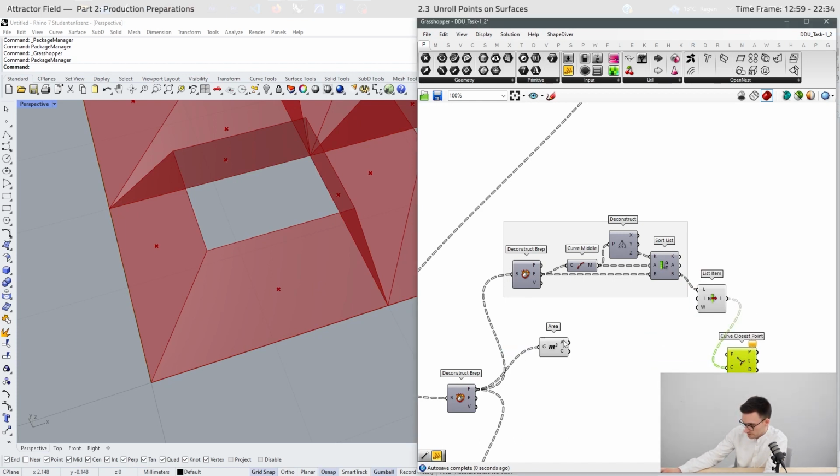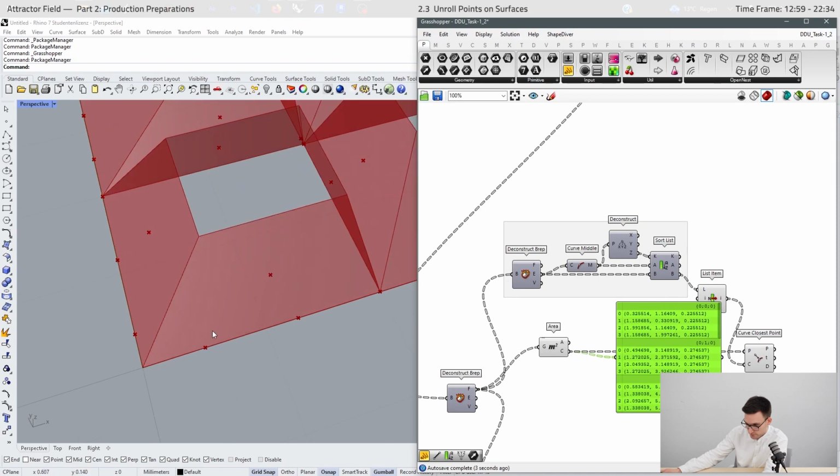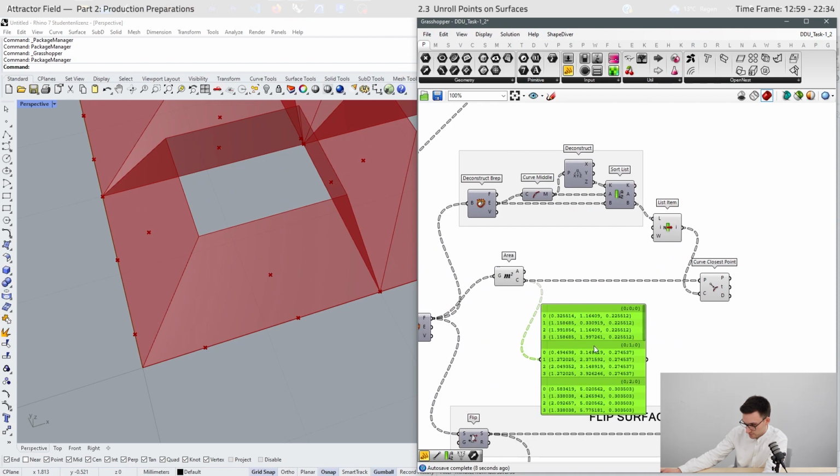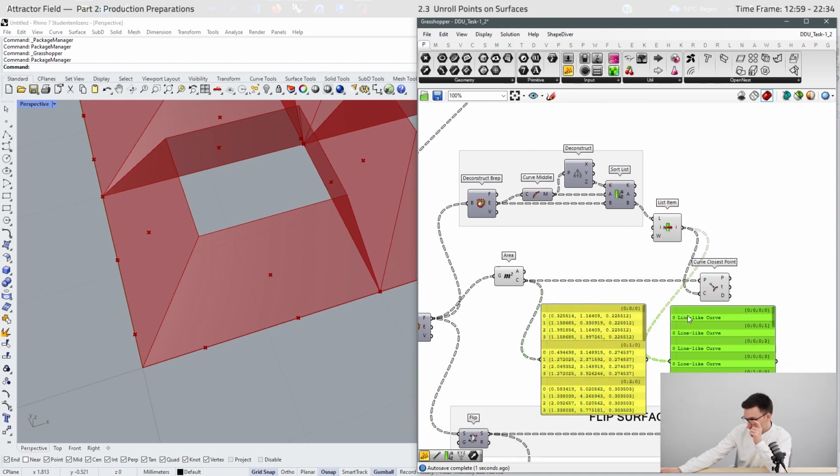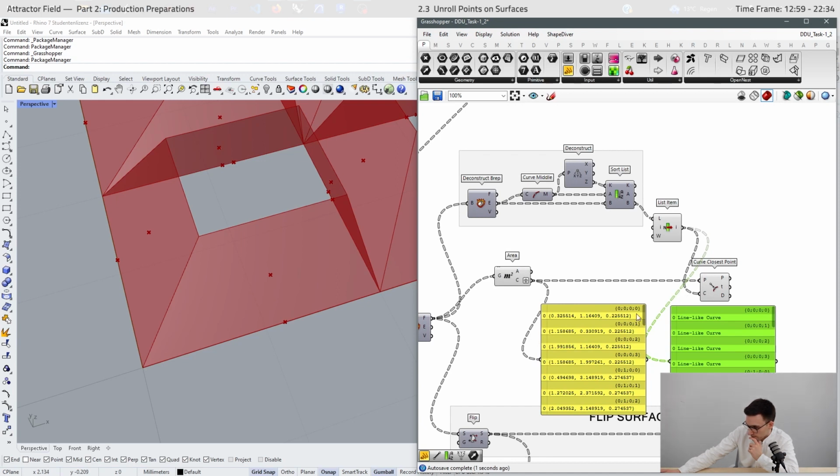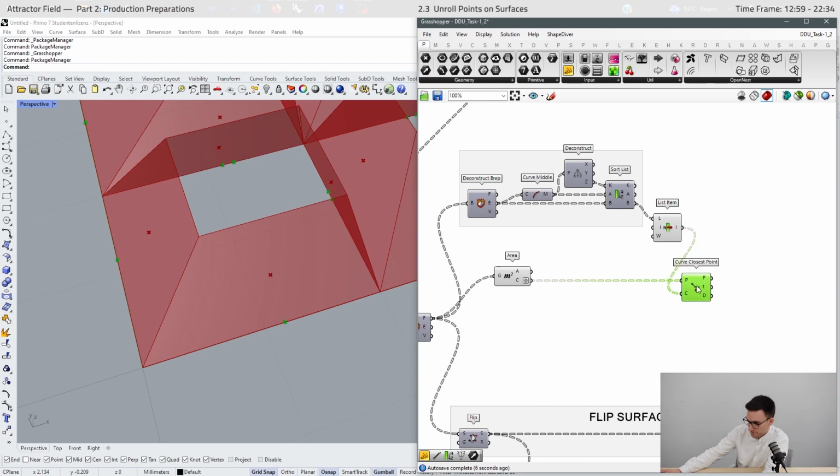Here are our edges, here are our points, and we have to check the list structure again, because we see that we have multiple points on an edge, which is not what we want to achieve. Okay, here we can see that every edge is in its own list, so we just have to graft it. And then we have the same list structure and can use them here.